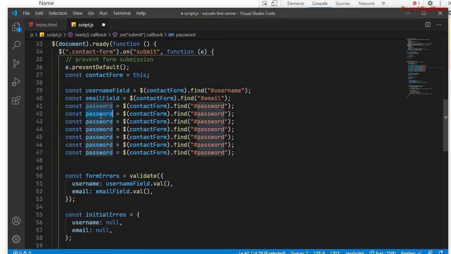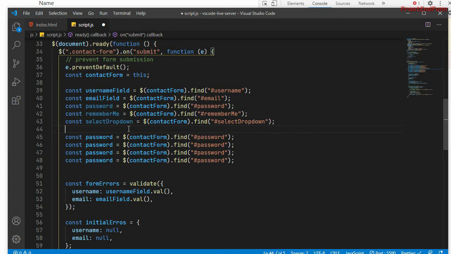So I'll just use remember me, and for the select drop down, I'm just pressing Ctrl D so that I'll get the next instance of the selected word.